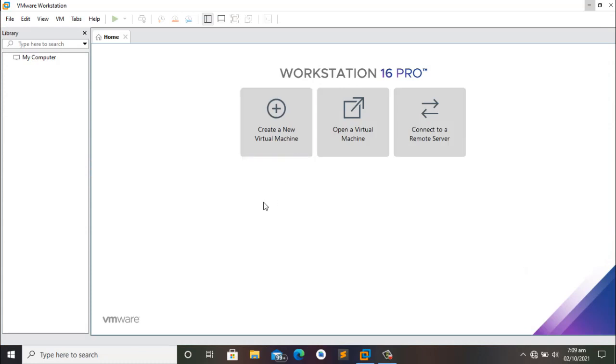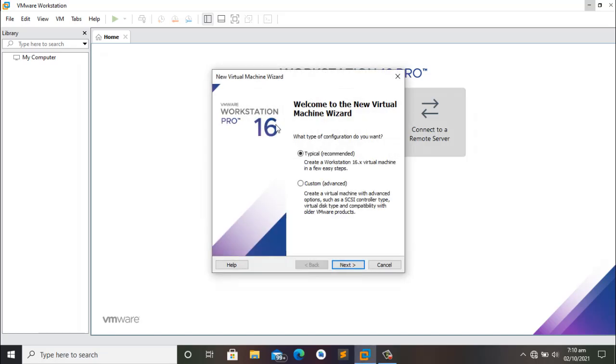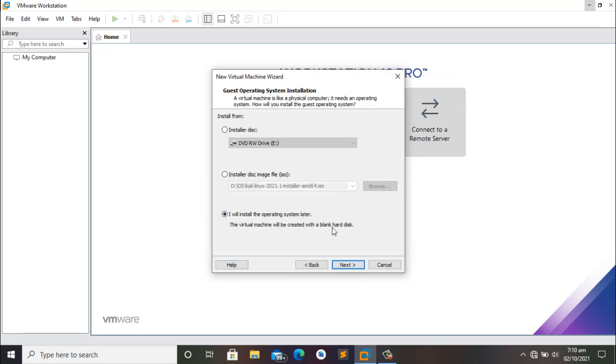Open your VMware Workstation Pro version, that's Workstation Pro 16. Just click on new, create new virtual machine. Choose typical. Choose I will install the operating system later,